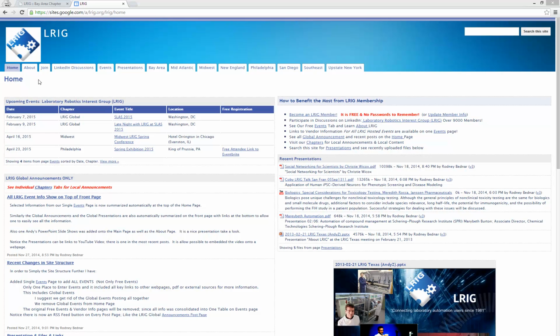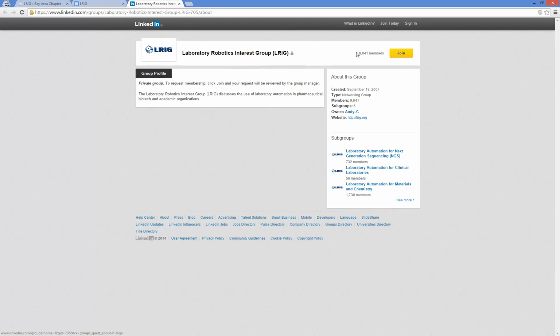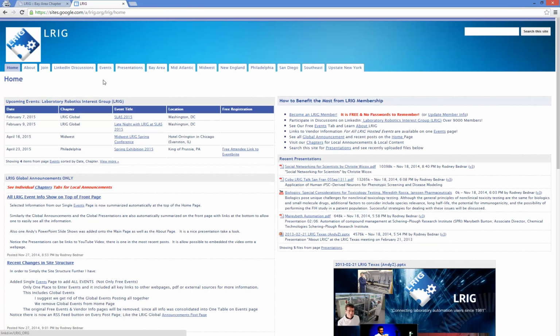One is the About tab. One is instructions on how to join. One is a LinkedIn discussion tab, which takes you out to the LinkedIn discussion group. It opens up a new window, shows you where to join, makes the statement here that we're not abandoning our discussions, but we're consolidating them into the LinkedIn group rather than having them split between our website and the LinkedIn